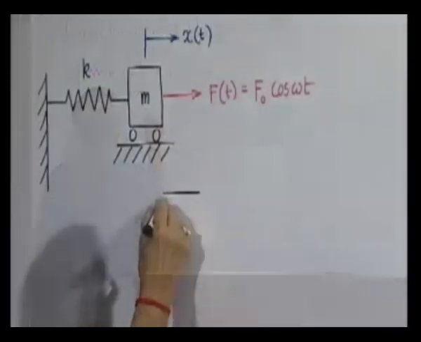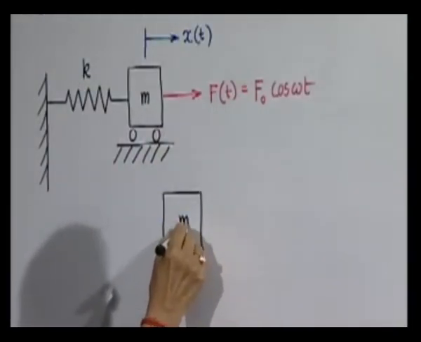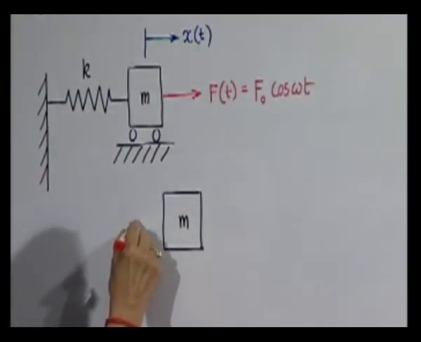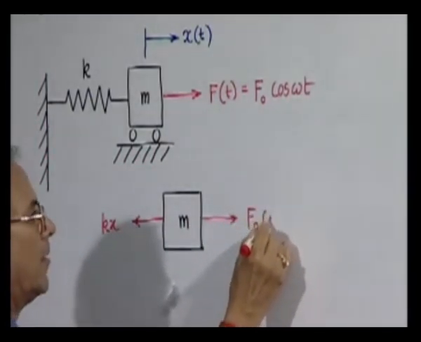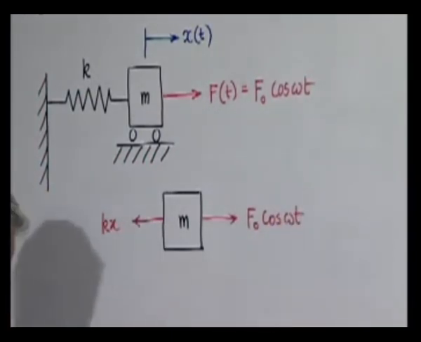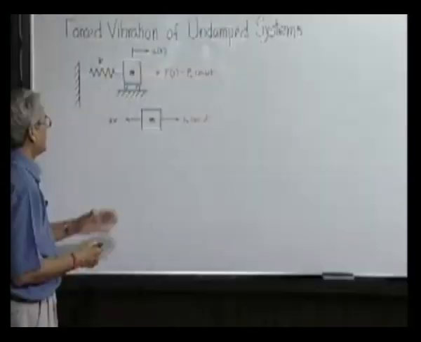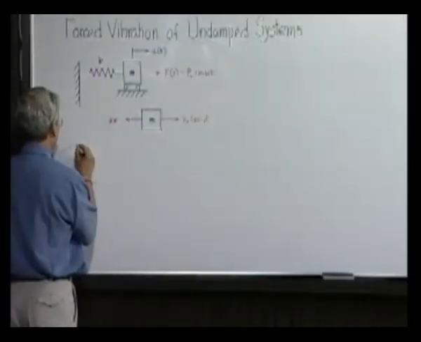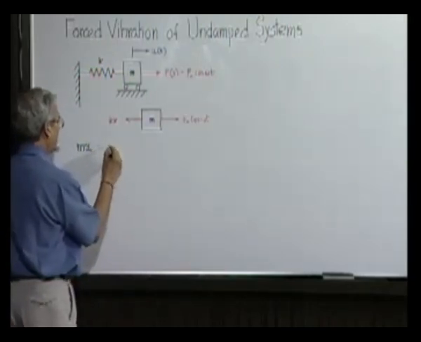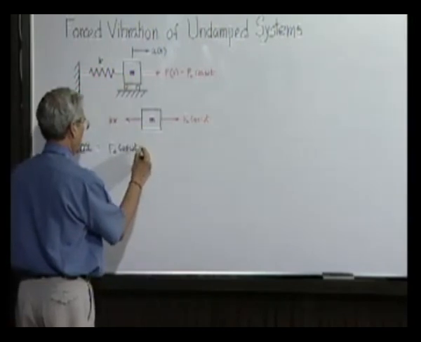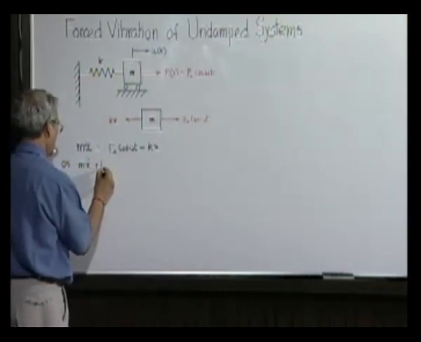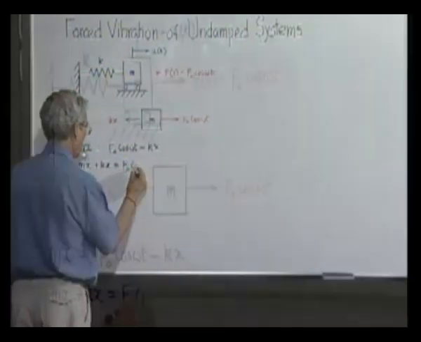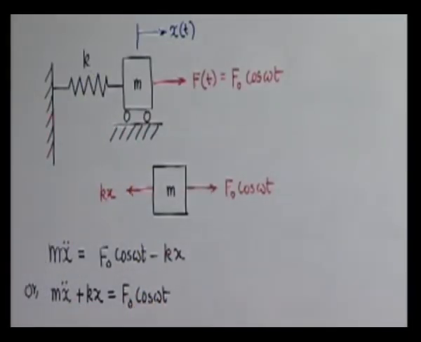Now, at any instant of time, the forces acting on this will be kx. So total acceleration in this direction, x double dot multiplied by m, has to be the total force in that direction. So this is the differential equation which you have to solve now, and we all know that the general solution will have